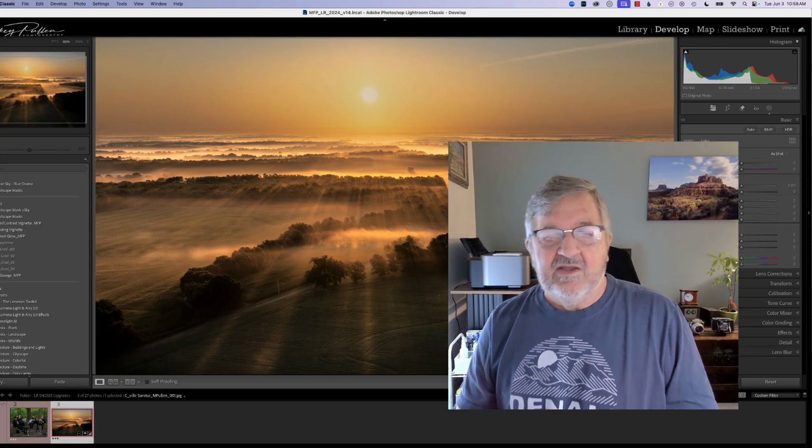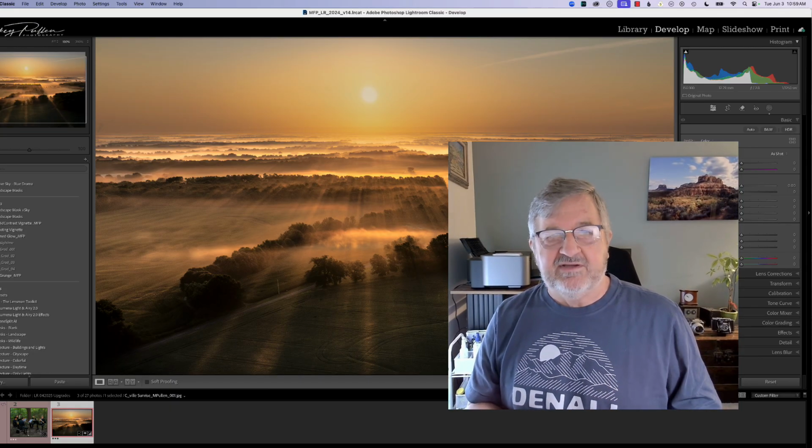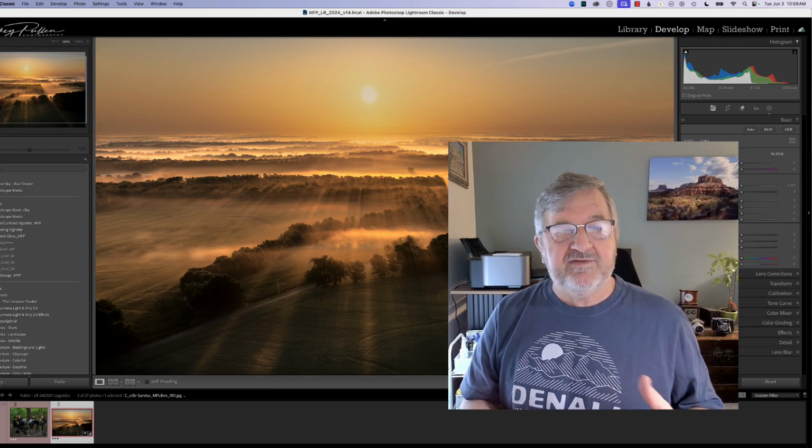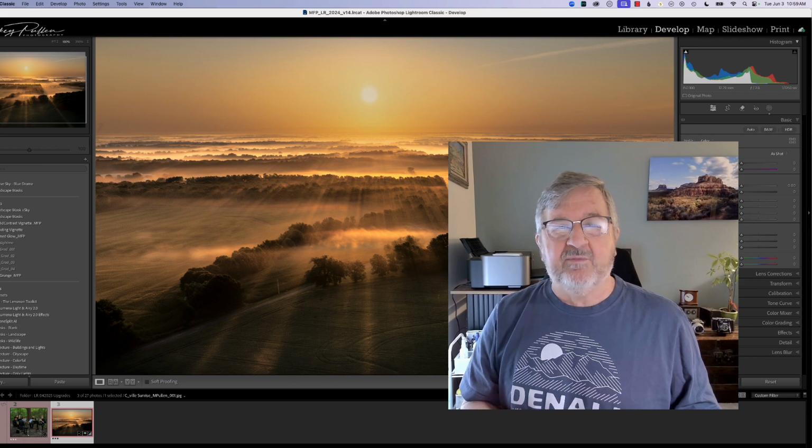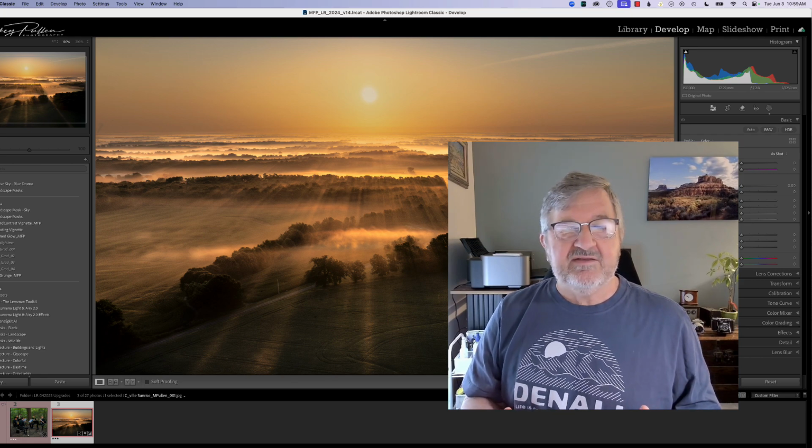This is Mickey. Well, today I want to cover two subjects. First, I want to cover how we can process a photograph that already has good lighting and good processing, but there is a way with a couple masks that we can add more depth and make this photograph just pop